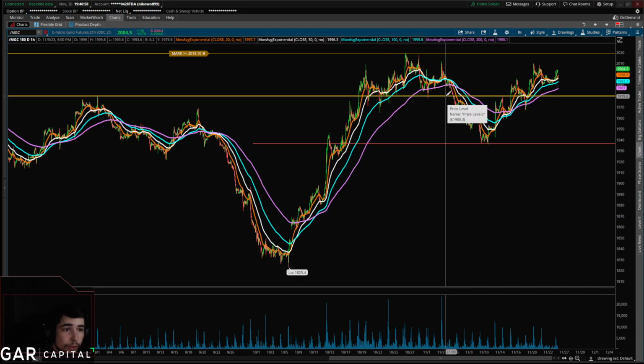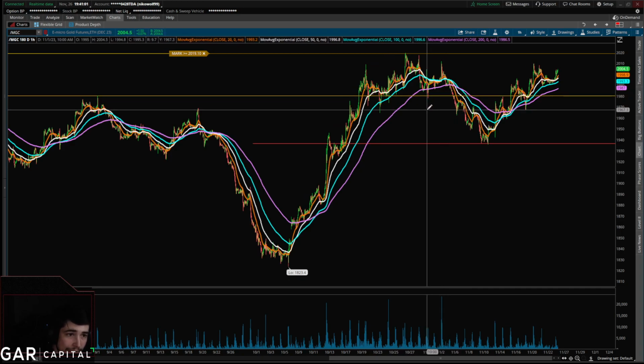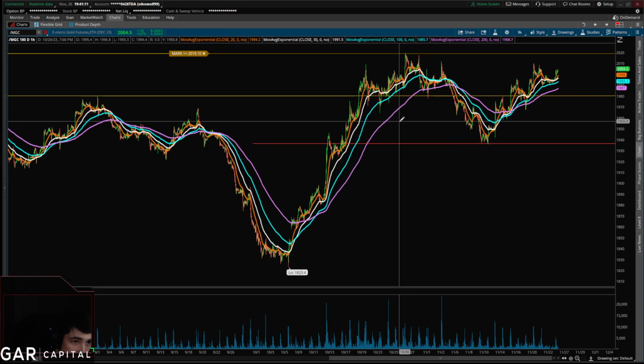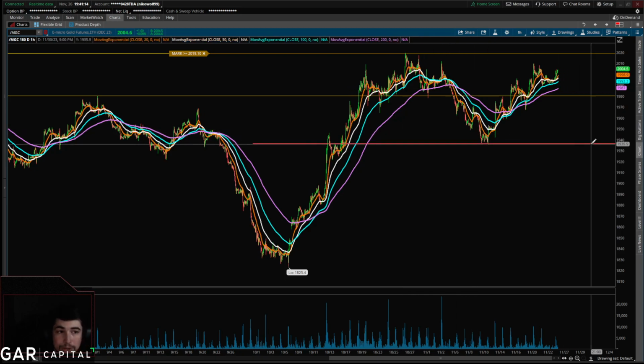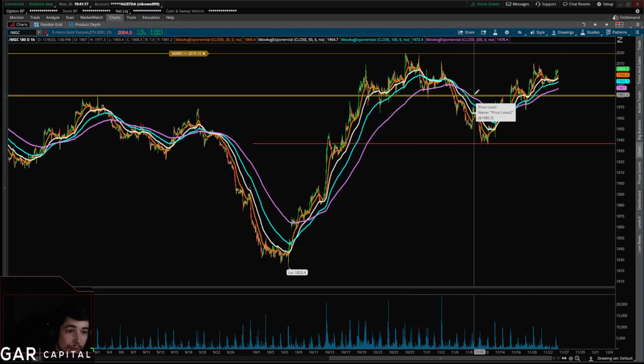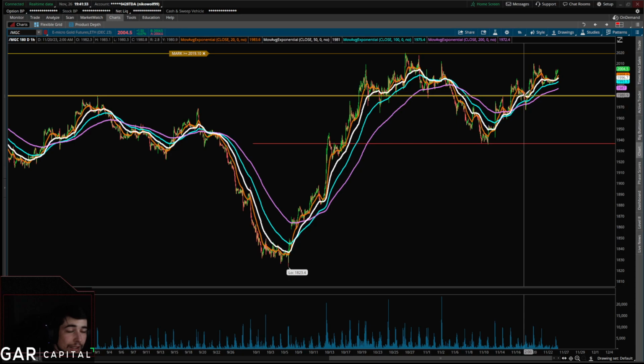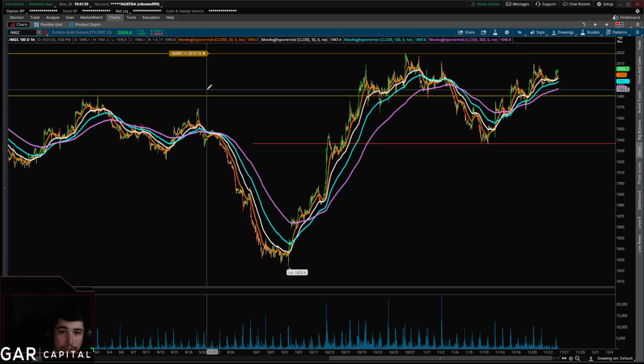or we get a break below 1980, and again, we can have the first take profit. We can target the previous higher lows. We can target 1966, 1958, and then 1942 to the downside, with a stop loss above, since 1980 is that key level. I would set it at the first higher low, so 1987. I would set it at 1990, give it that three point leniency at 1990, and that would be my short to the downside.